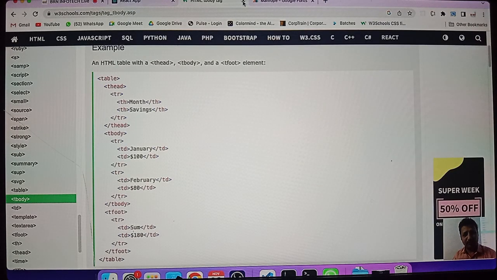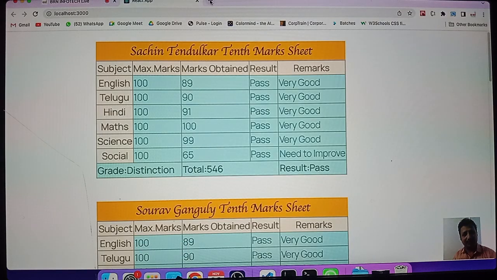So part one of tables is done. In our next session, we'll be working on part two of